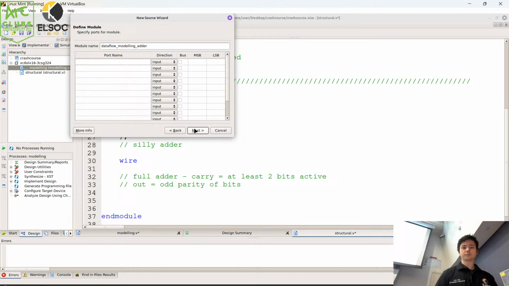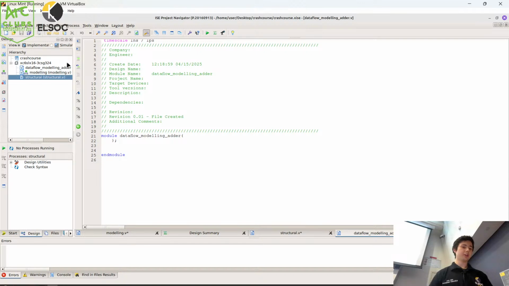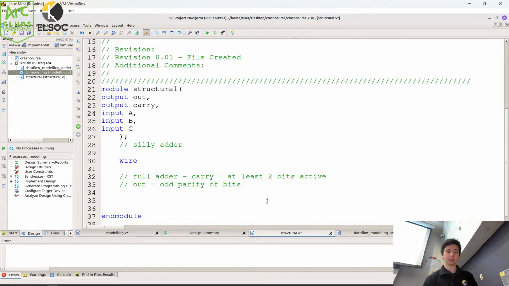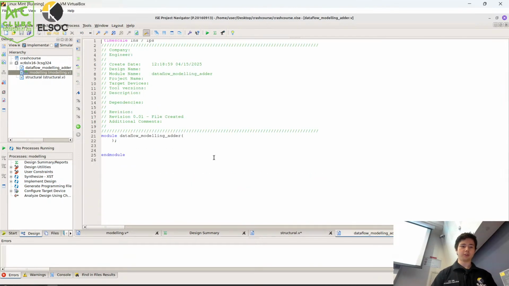All right. And we're just going to copy over most of the things we're doing, but there's a couple differences between our structural modeling and the data flow modeling. So let's see what we can go ahead and copy over. All right. Yes, Sudarshan, I do need help zooming in. All right. So data flow modeling, essentially,